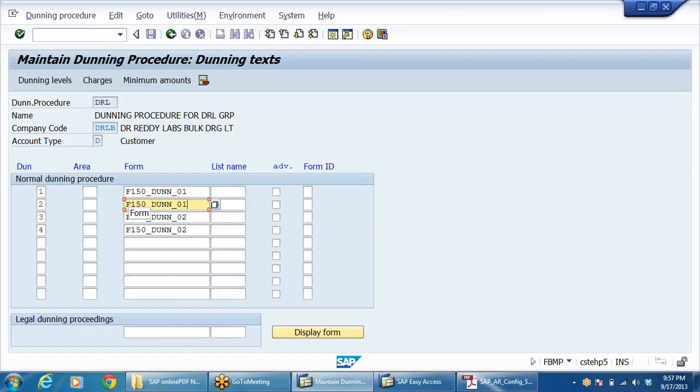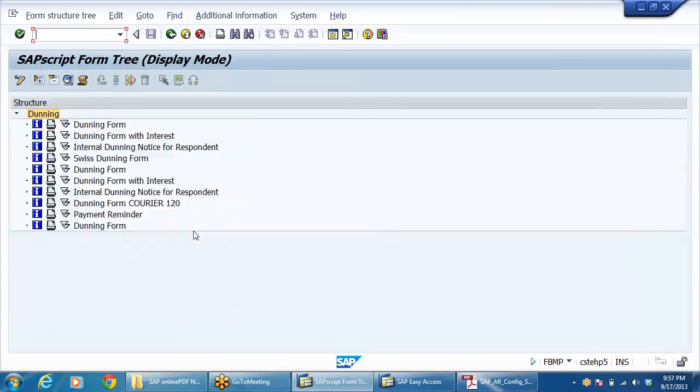First part, second part, there will be two parts. Here also first part, second part. The system will take depending upon the level. And I'll show you what is the content of the dunning letter at each dunning level. Standard content is there. If we want, we can even change that with the help of the ABAP consultant. And these are the standard dunning letters provided by the system.